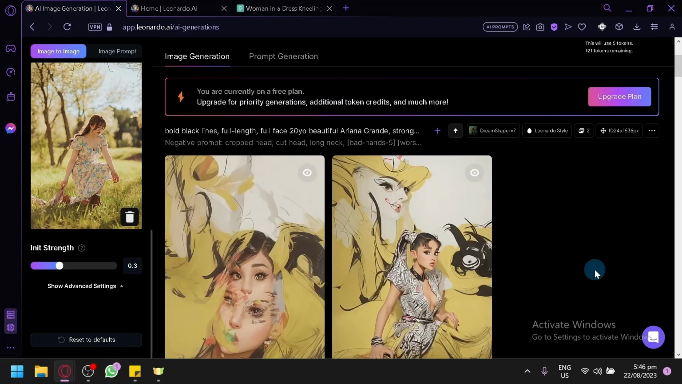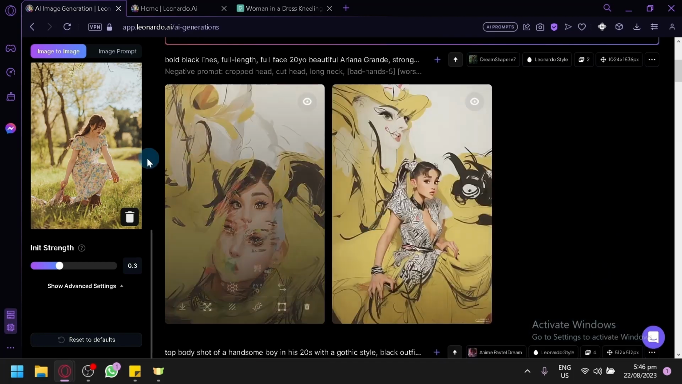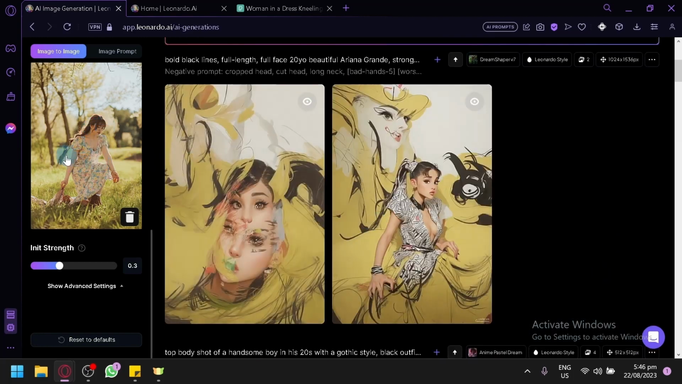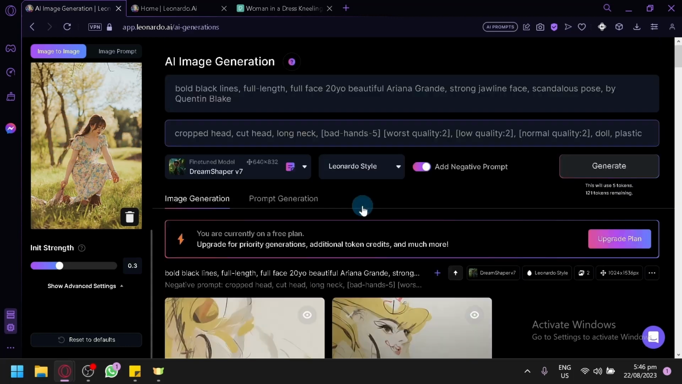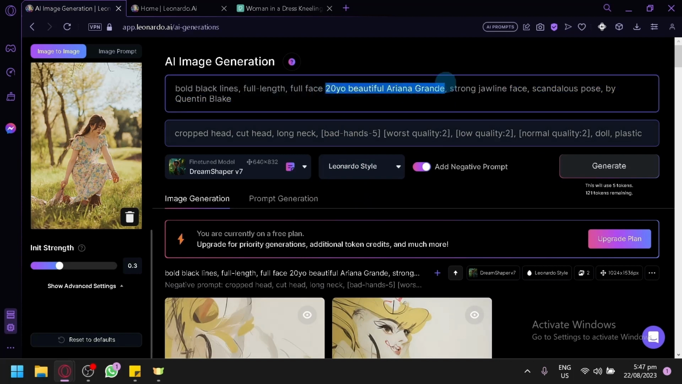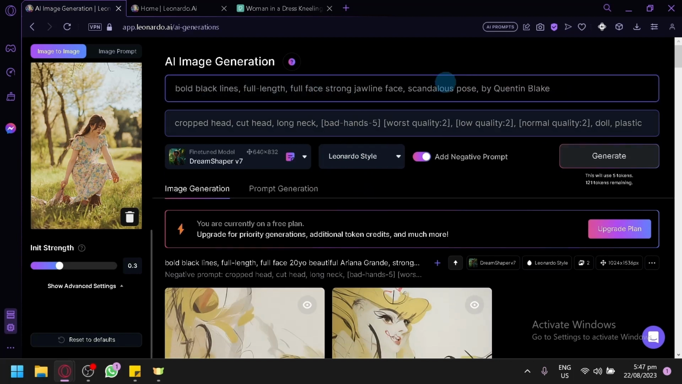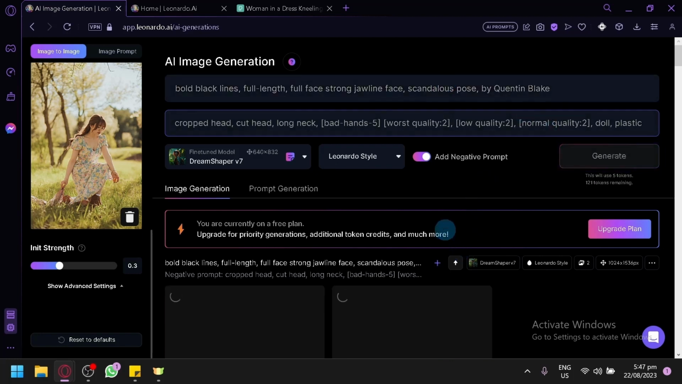Now, I think we forgot to edit it out, but as you can see, it's trying to get the elements or the different features that you can see here into this image over here. So let's change it up. Let's remove this Ariana Grande over here. Let's delete that. I think we forgot to change that, but anyway, let's generate it once again, and let's see